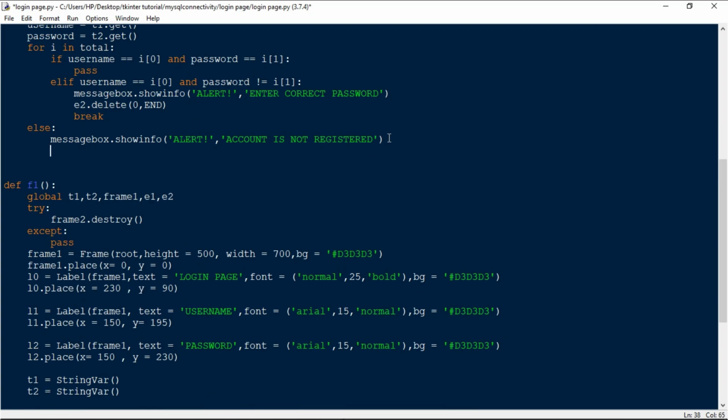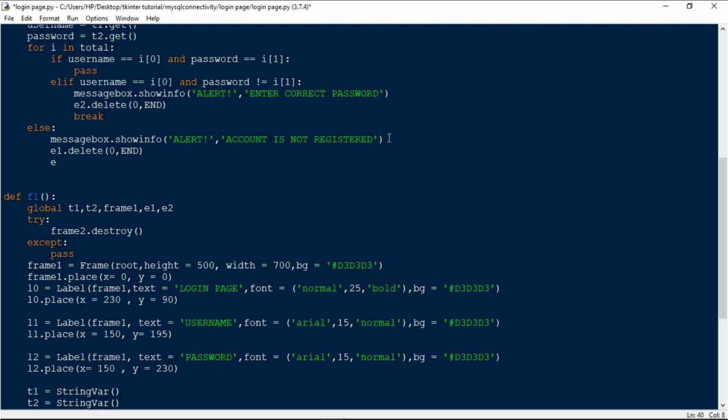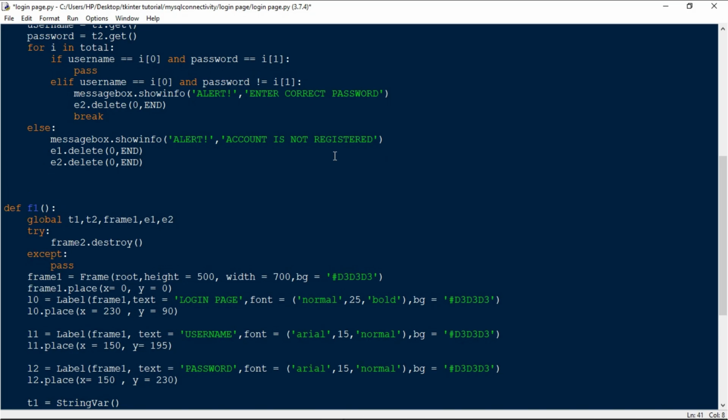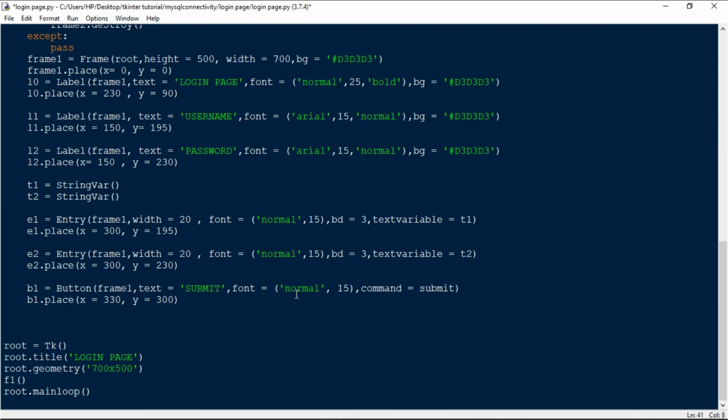And if the account is not registered, I'm going to delete both the values inside the text entry fields. So E1 dot delete 0 comma end and E2 dot delete 0 comma end. Yeah, this is how you create a normal login page.